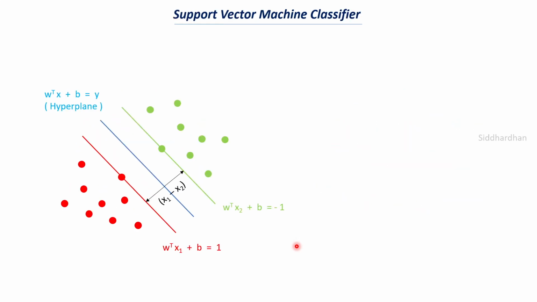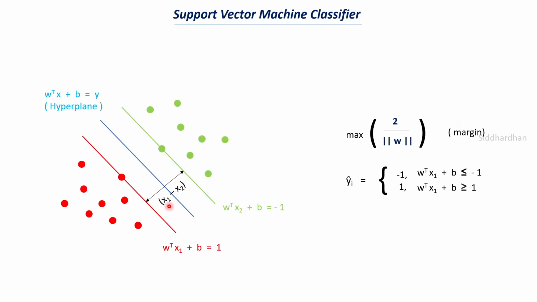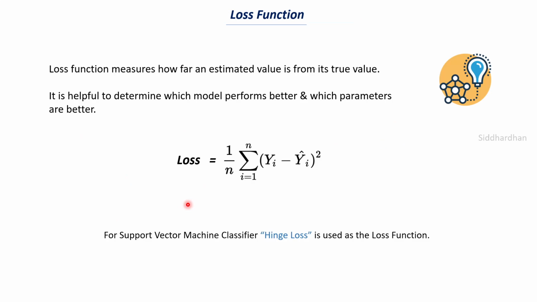I think you remember, this is your margin distance. So x1 minus x2, if you remember, this is your margin distance. We will try to find whether our model is making accurate predictions, and also we will try to maximize this distance. And whenever there is this margin related case, we will go with hinge loss. Okay, so now let's discuss what is meant by this hinge loss and how it is useful. I'll also explain how you can calculate this hinge loss when it comes to a support vector machine classifier.